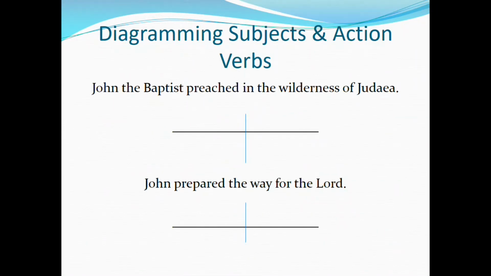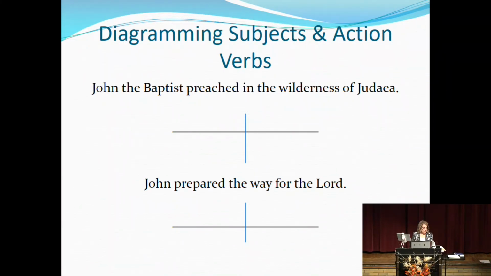So let's do some work with this. Every sentence can be drawn into a picture, which we call a diagram, and it can have a subject-verb pattern. So every diagram has at least two lines. The horizontal line, which we call the baseline, and on this baseline we're going to find the subjects, the main verbs, the direct objects, the predicate nominatives, the objective complements, and we'll learn more about those later. And then you'll see a vertical line that passes through the baseline and divides the subject from the predicate.